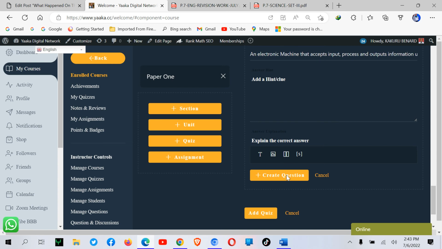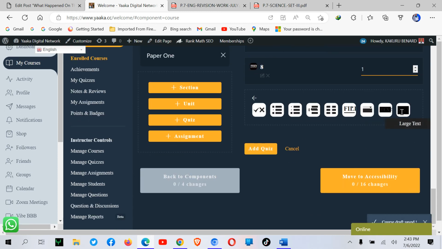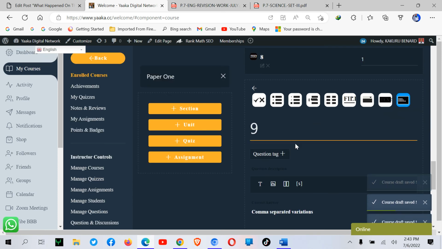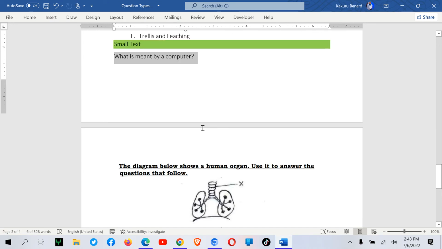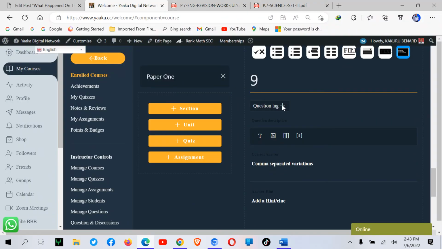So from here, I create the question. Let's say my definition was taking 2 marks. I can indicate them. Then next is large text. So with large text, you are creating those questions that require explanation. For example, you are setting history questions or essay type questions where someone is able to